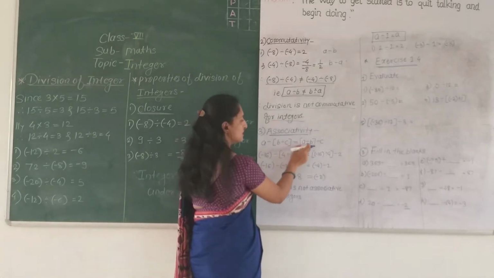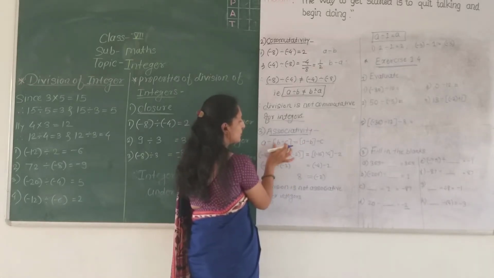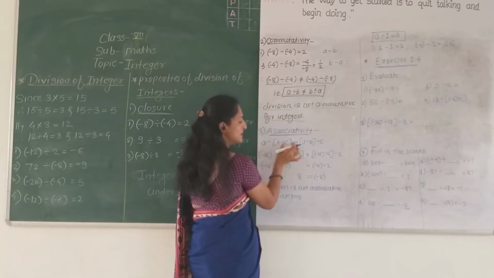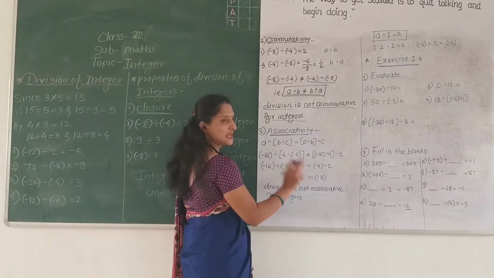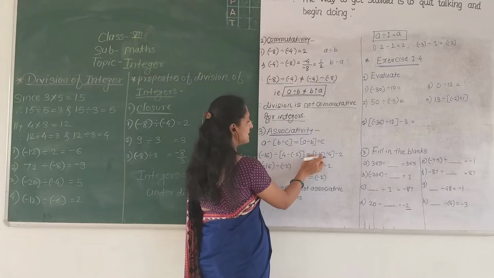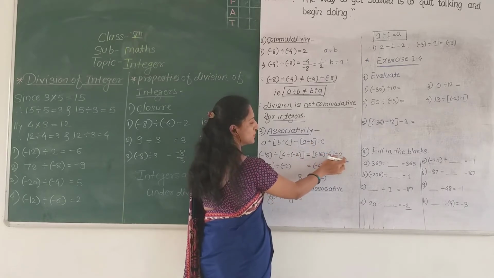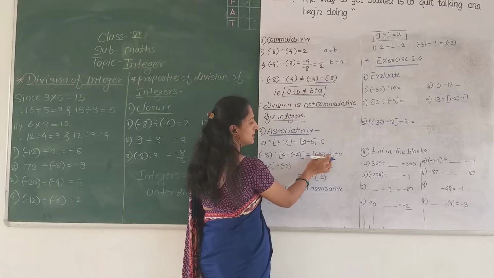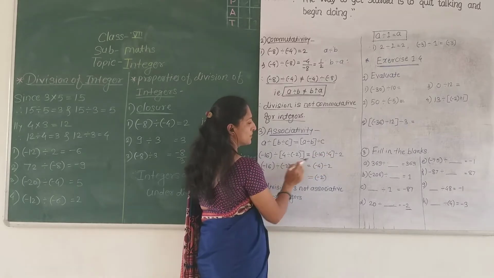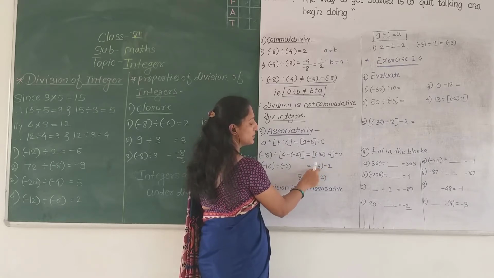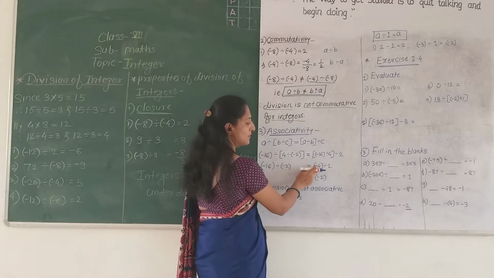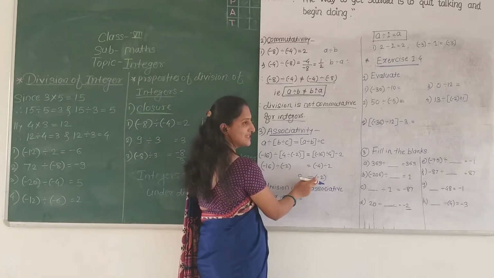Now if I change the group. Here the group is b divided by c, and after that a divided by that. Now I change the group to (a divided by b) divided by c for the same integers. So a is negative 16, b is 4 and c is negative 2. First we have to solve the bracket. Negative 16 divided by 4. 4 fours are 16. 16 is negative, so the answer is negative 4. Negative 4 divided by negative 2. Now 2 twos are 4, and both integers are negative, so the answer is positive 2.